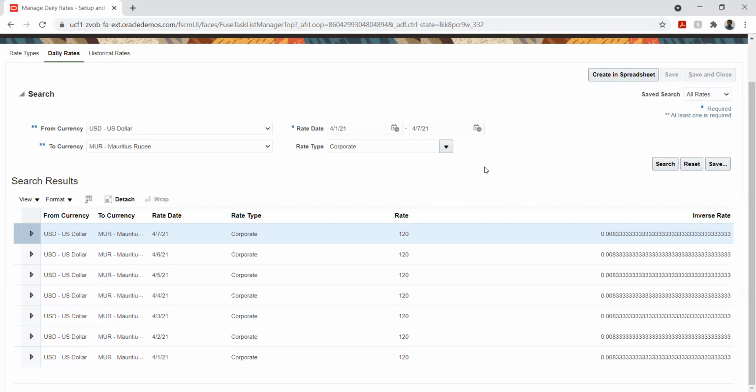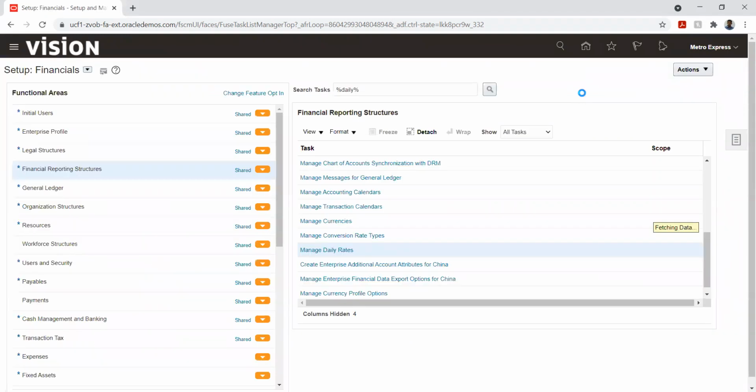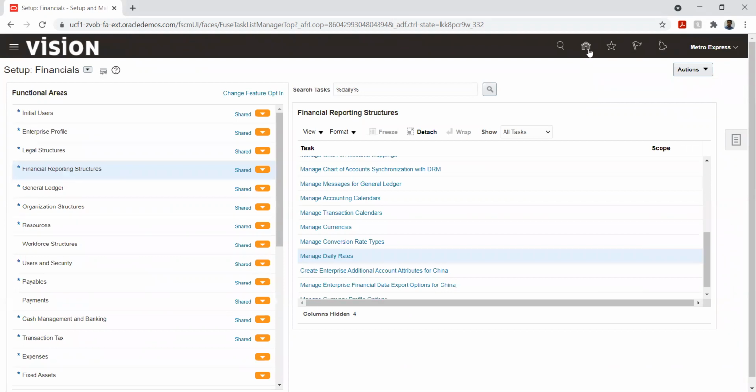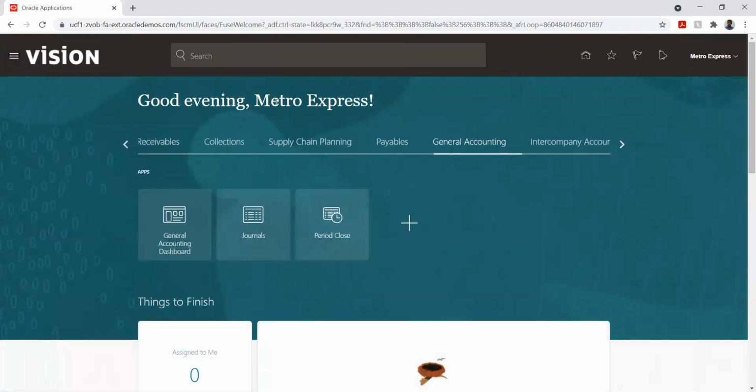Okay. So now we have added a value. We will see, right, till 9 o'clock. Yes. Okay. So what we will do is try to create one foreign currency transaction, and we will see what exactly is conversion.